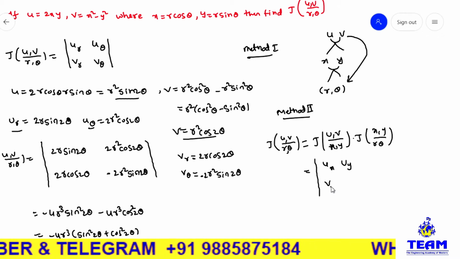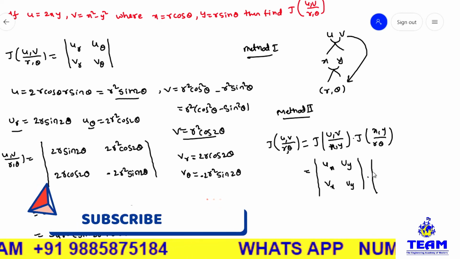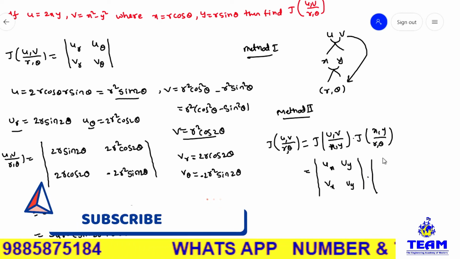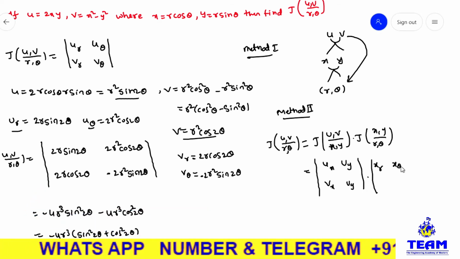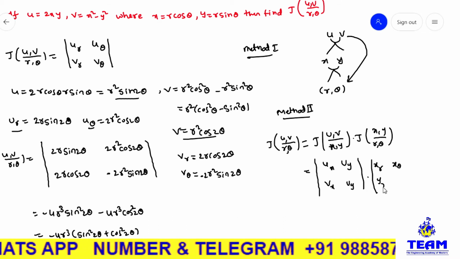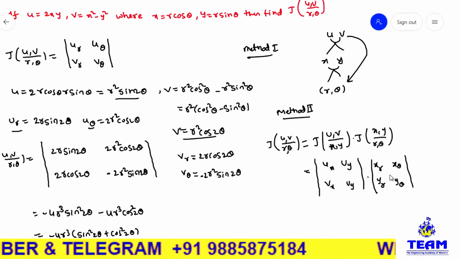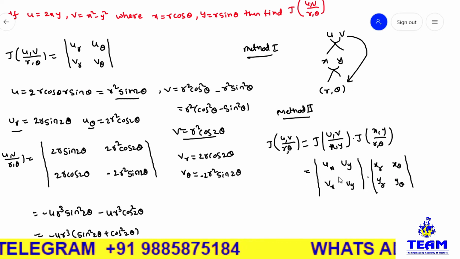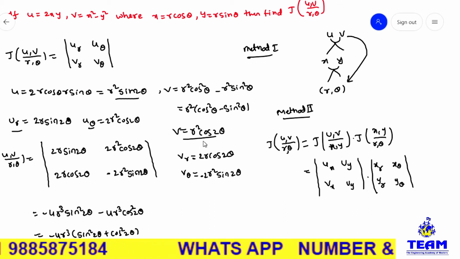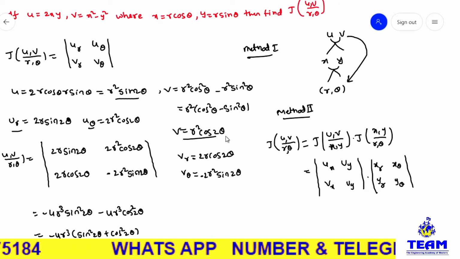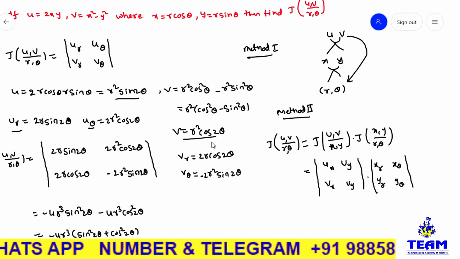Next, dou v by dou x, dou v by dou y, into, okay, now x, y with respect to r, theta. So dou x by dou r, dou x by dou theta. Okay friends, now dou y by dou r, dou y by dou theta. So you need to find these partial derivatives, and if you substitute in this, then you will get the same answer. Okay, I am going to verify now. You can do any one of the methods, friends. I have explained the normal method previously, and now I am applying method 2, the chain rule.